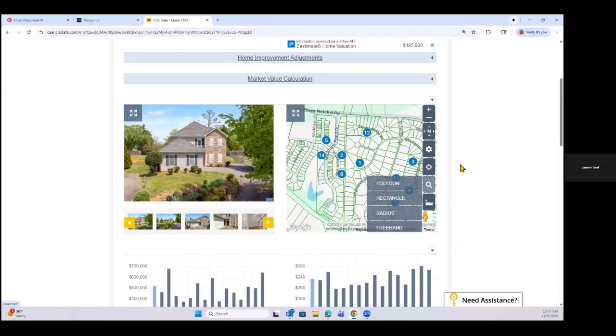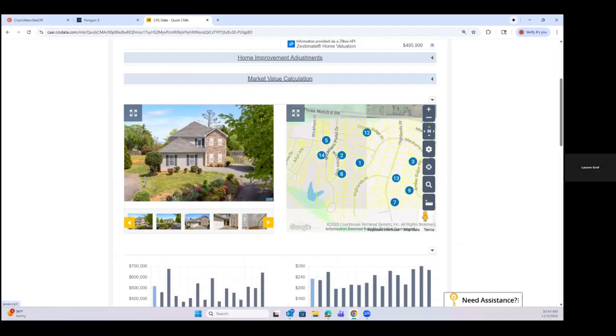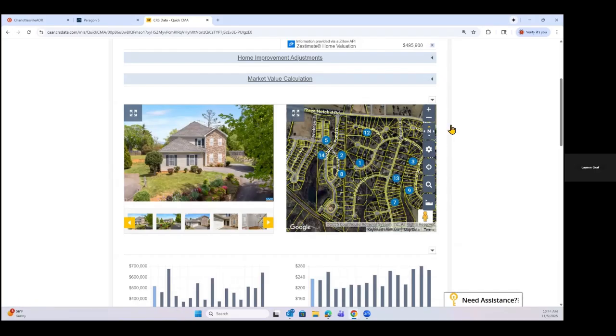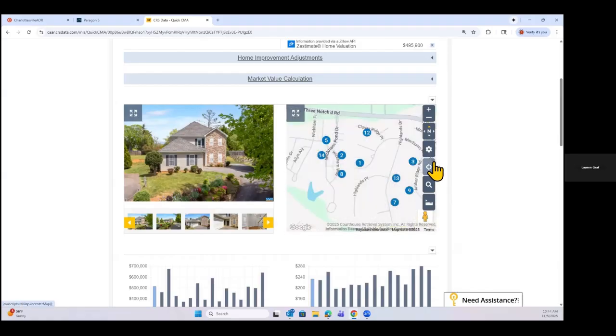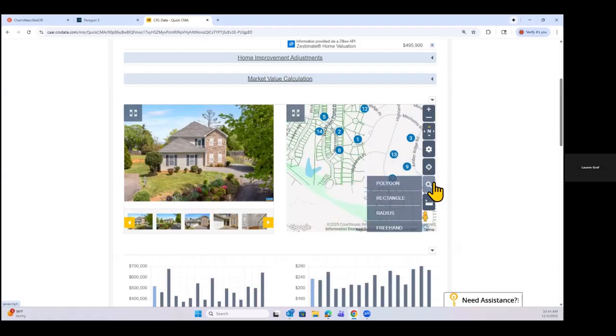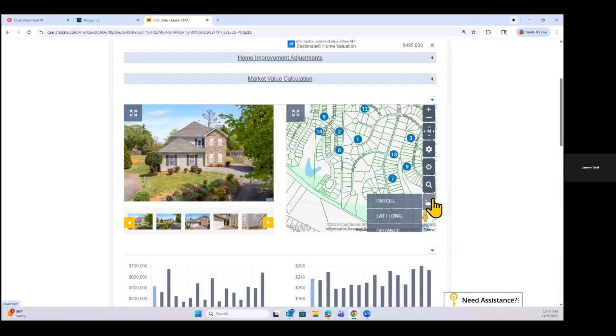We do have our toolbar where we can zoom in, zoom out, directional. You can switch this over to aerial, a better view. Recentering button. We do have our magnifying glass, which is a drawing tool, so we can draw a shape around the comparables we want to keep. And then we have our measuring tool. And with Google Maps, we do have that little individual in the bottom right-hand corner where we can take a ride through all of this area to view your comparables from the